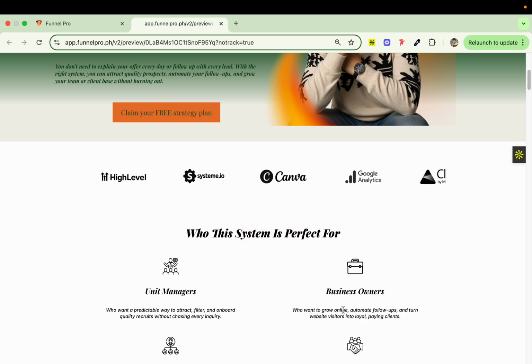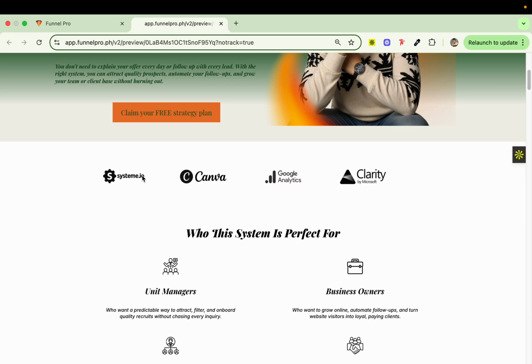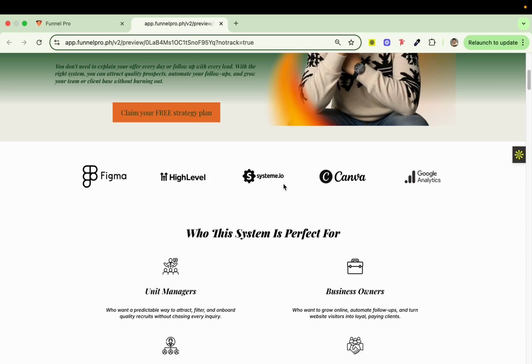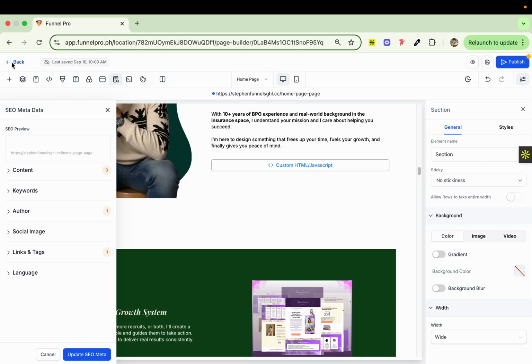So for another tutorial for GHL. Okay, so as you can see here, I'll be teaching you about this carousel, so that if you want to impress your client or if you want to improve your funnel, your portfolio, you can add this to your animation. Okay, so to do this, first you need to go to your high level account.